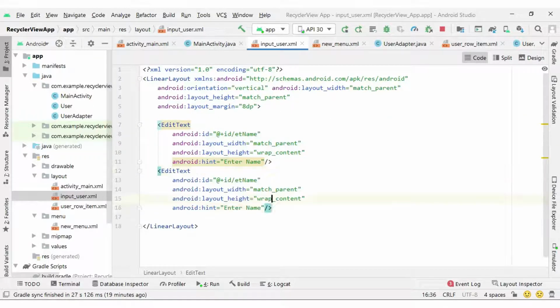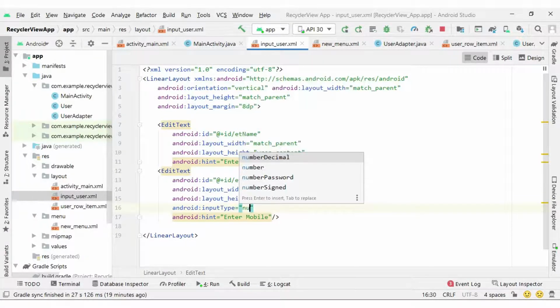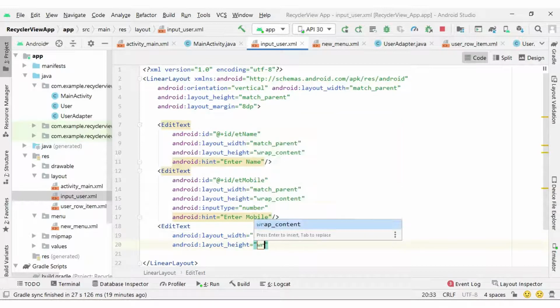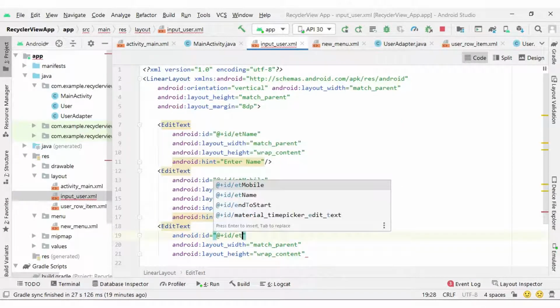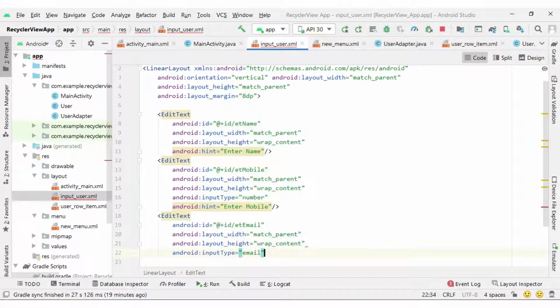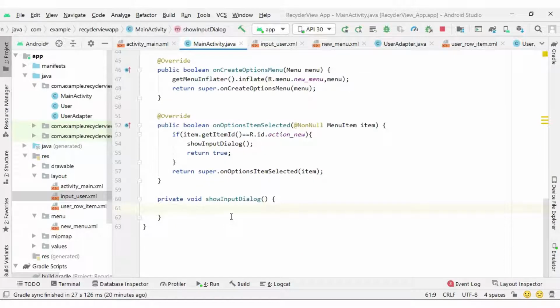Similarly one more edit text with hint enter mobile, and you can also set input type number here. And one more edit text with match parent, wrap content, id et_email, input type email address, and hint enter email. So done. Only 3 edit texts are required, and the button we can have with the alert dialog box.